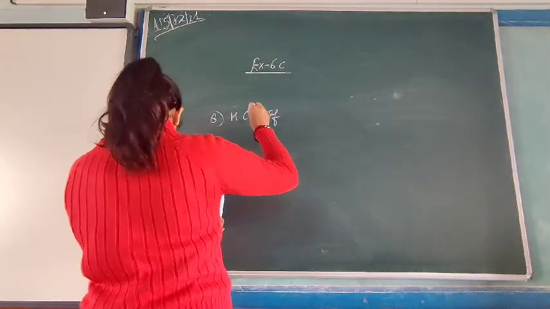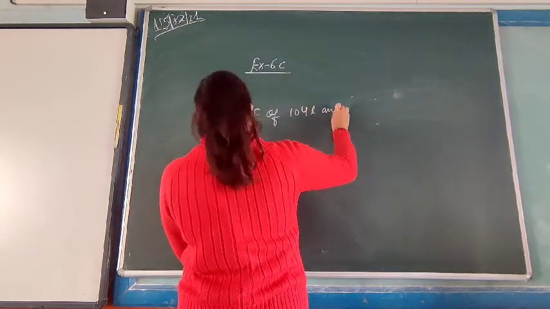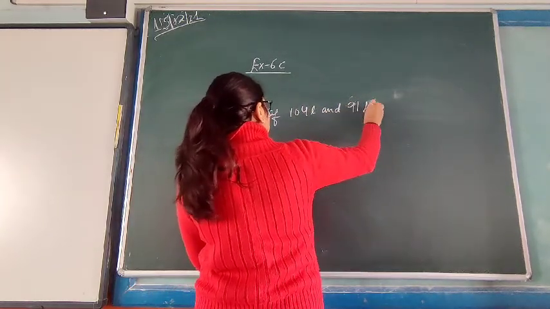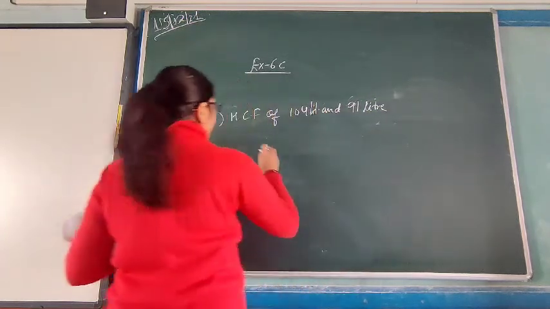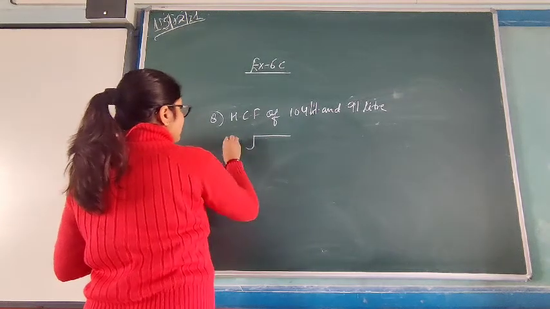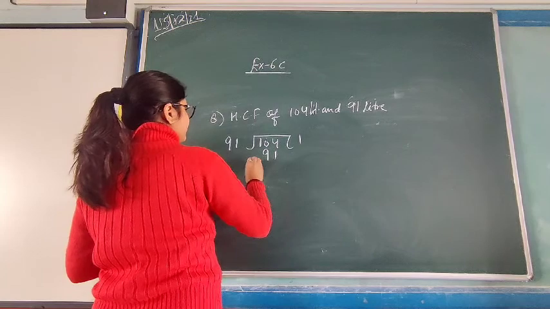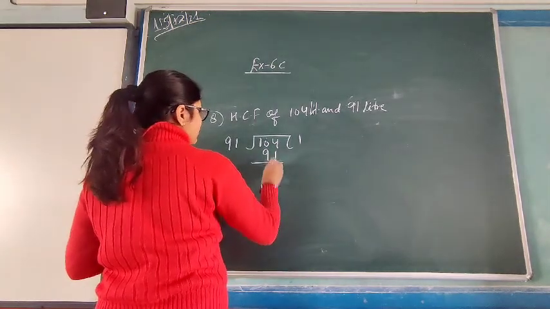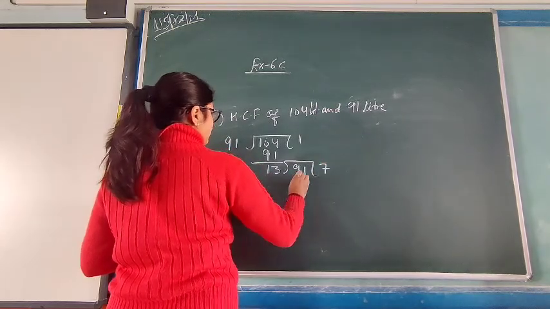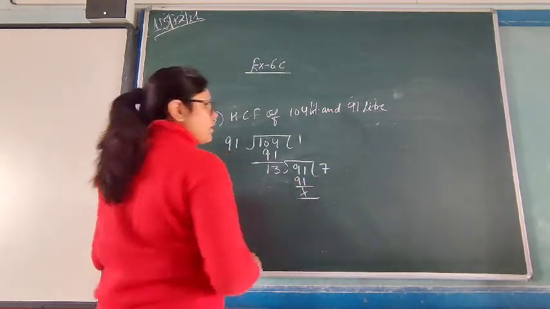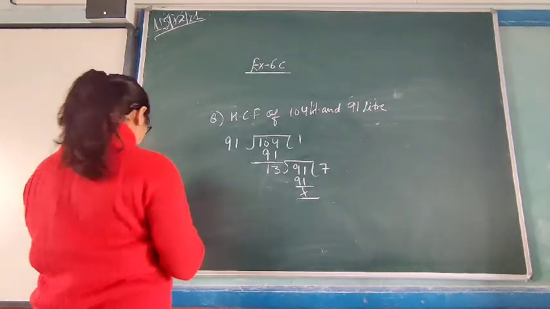HCF of 104 liters and 91 liters. What you will do? Same thing. 91 will divide 104. 4 minus 1 is 3, 10 minus 9 is 1. Now 7 is up 91. Fine. So what is the last divisor? 13. So the answer will be